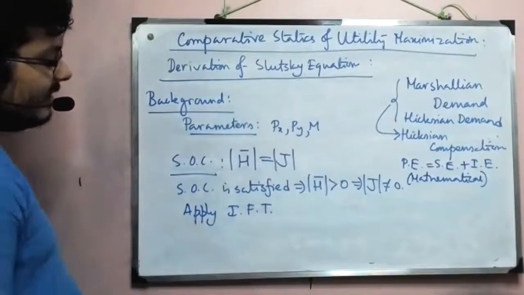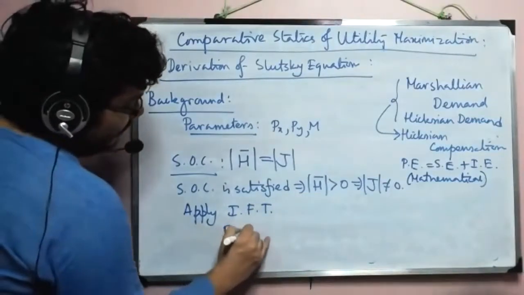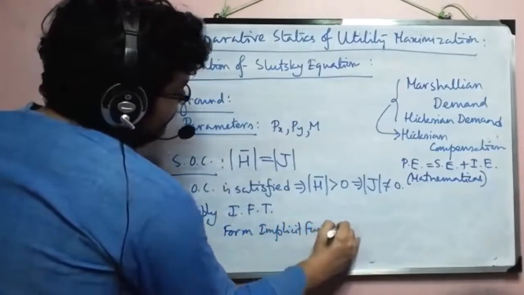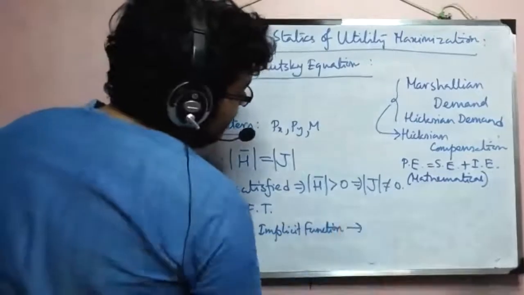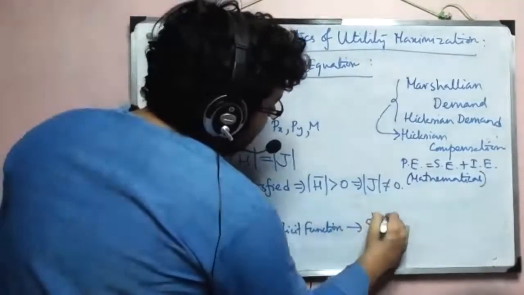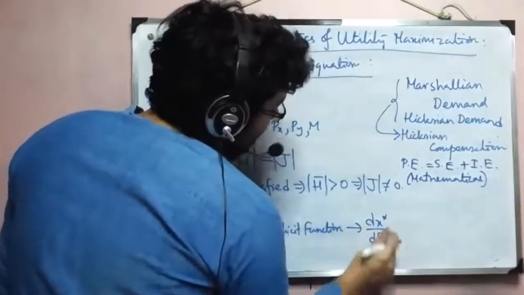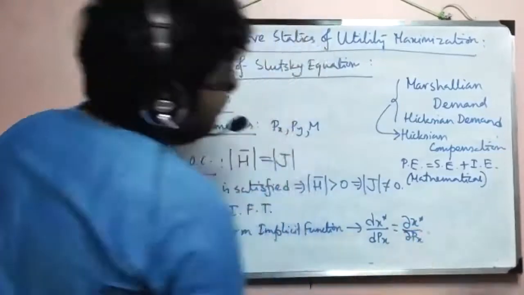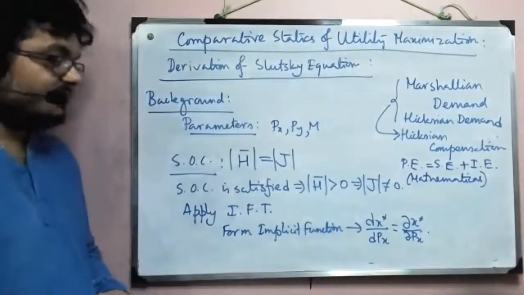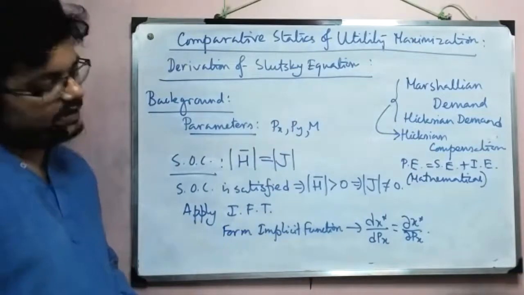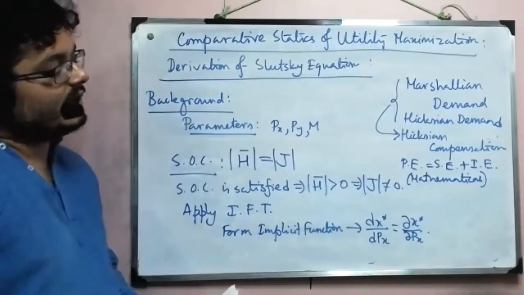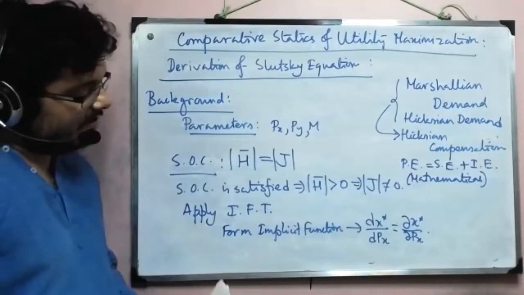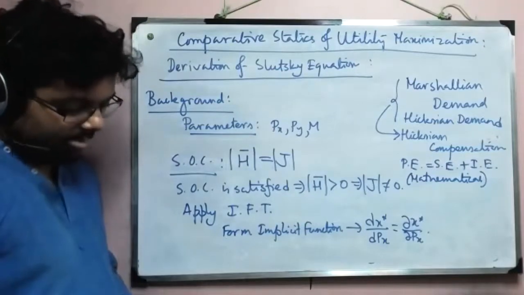That's what we are going to do. What it allows us to form is implicit functions in terms of the parameters, and it allows us to say that if I am able to find dx star dpx at equilibrium, then it will be equal to del x star del px, which is the comparative static effect of changing px on the equilibrium amount of x. That is something we are actually searching for here. So that's how a non-zero Jacobian will help.